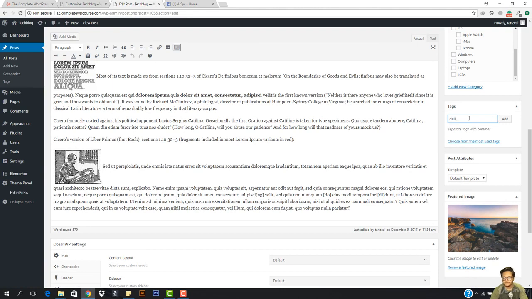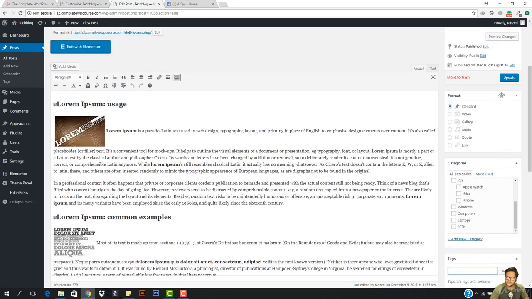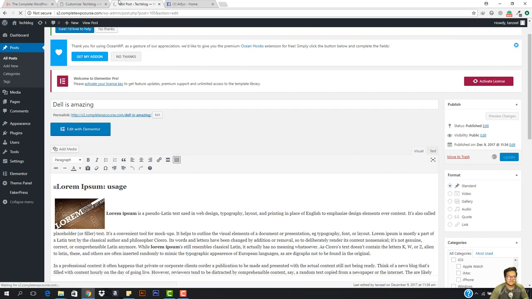Okay, news, amazing, best company. So this is how you can add some tags if you want to. Okay, I'm just gonna come here and hit update. Now you can see that this is gonna be appearing right here. If I just come here